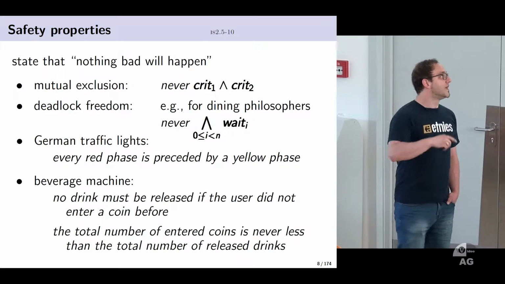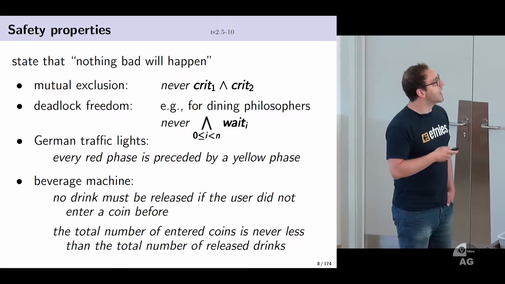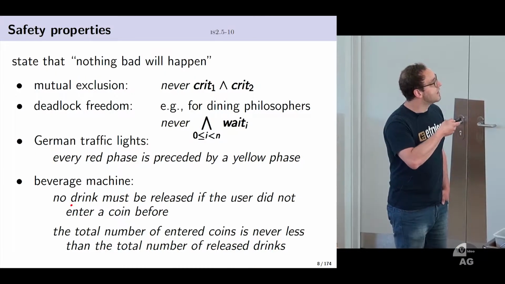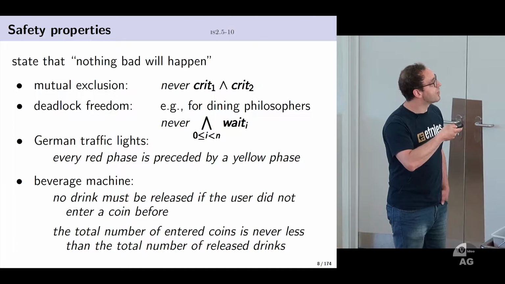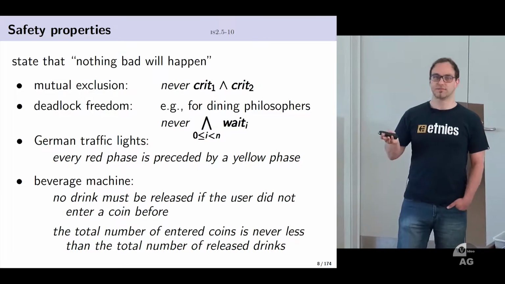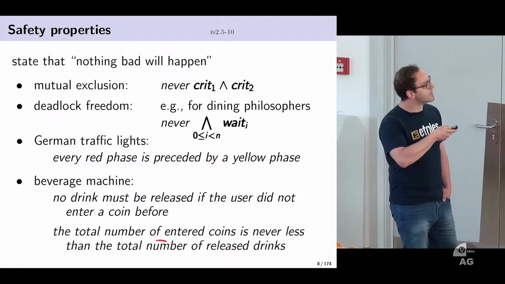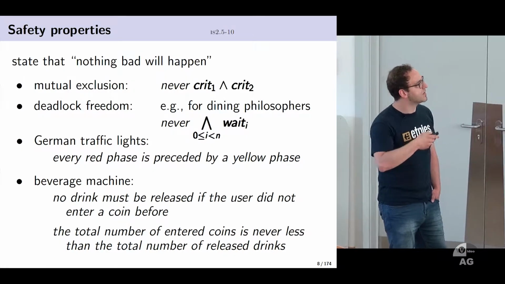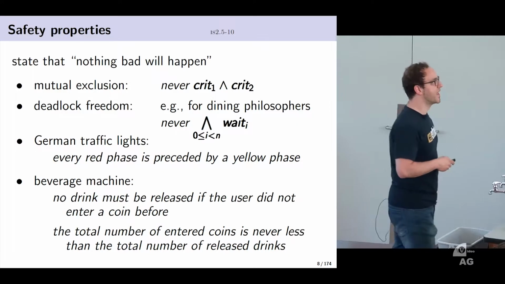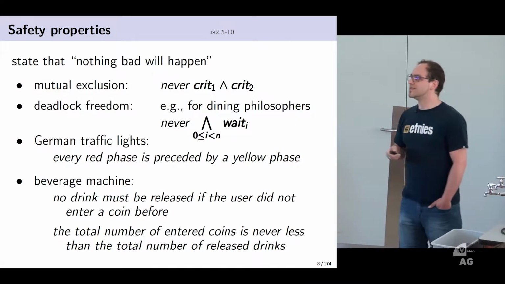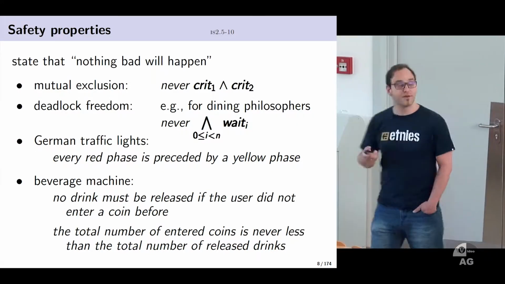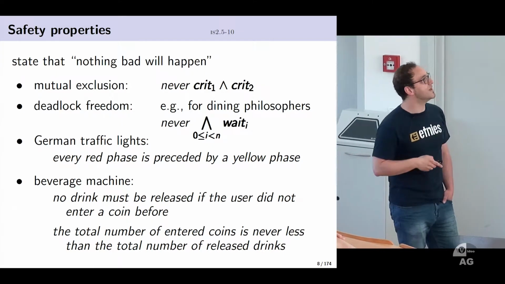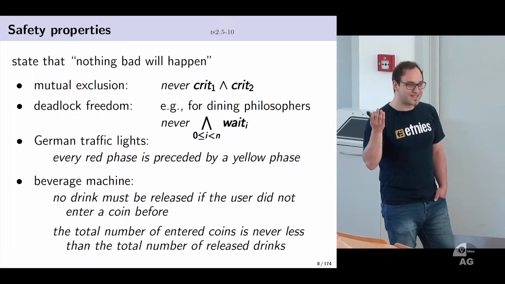Or if you think of the beverage vending machine again, you could state that if the user did not enter a coin, then no drink must be released, right? Or that the total number of coins that the user put in is never less than the total number of released drinks. Okay, so somehow they are different, because these three, they are not invariants, but they are safety properties,